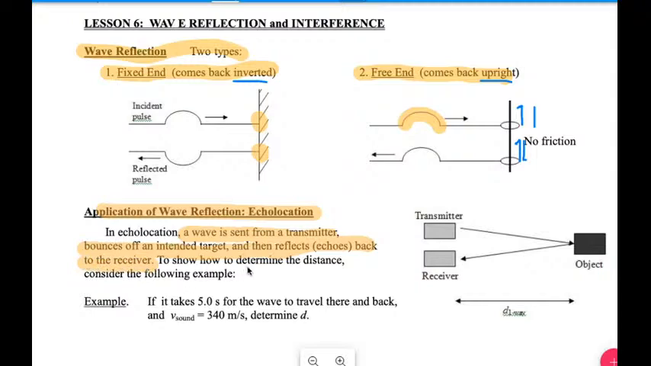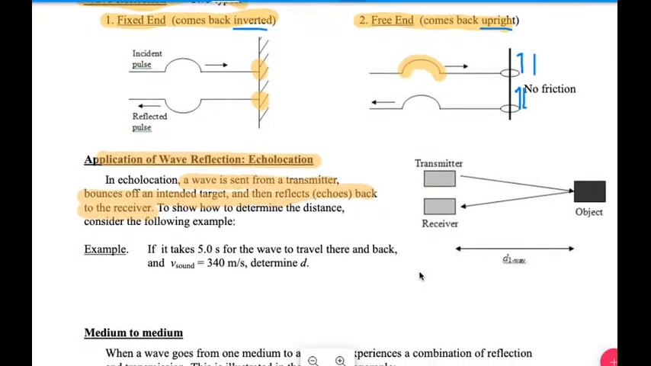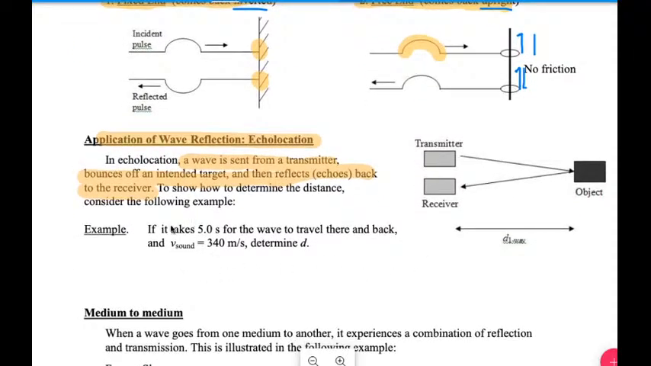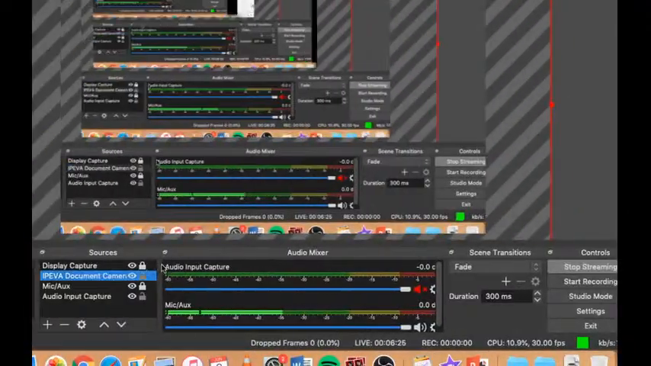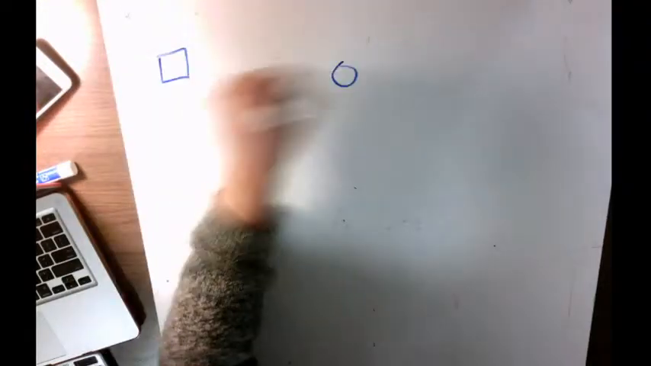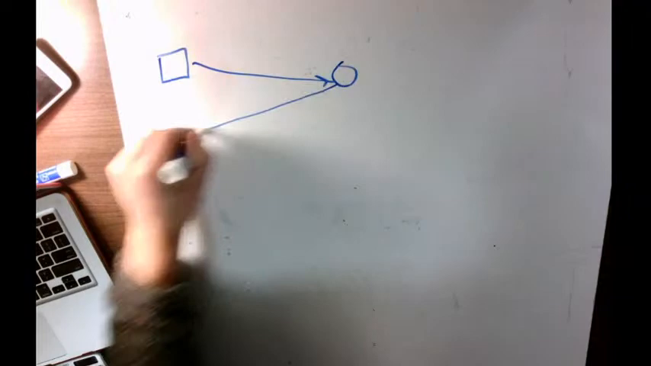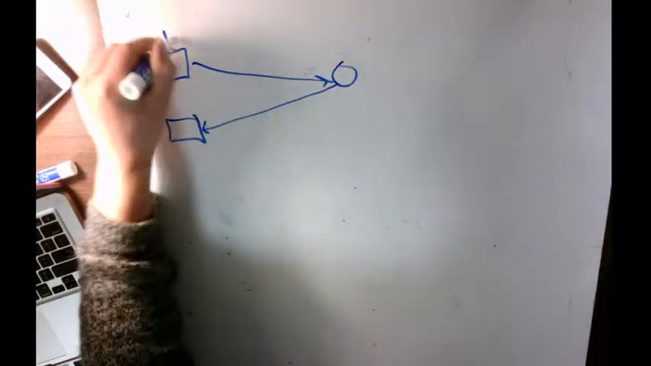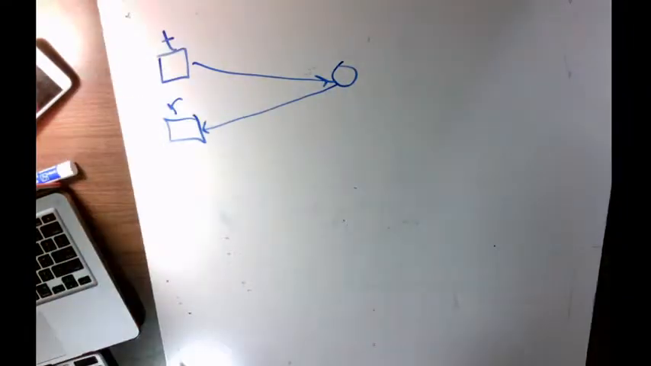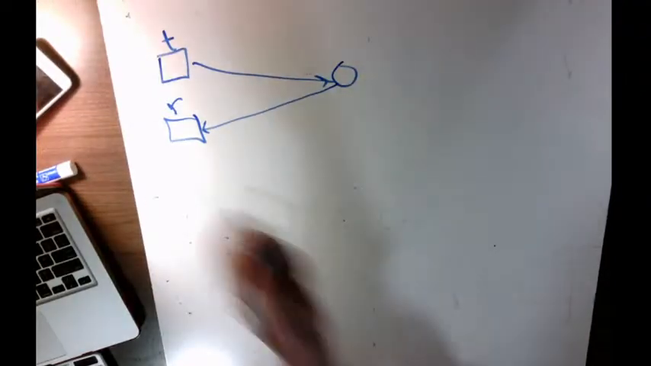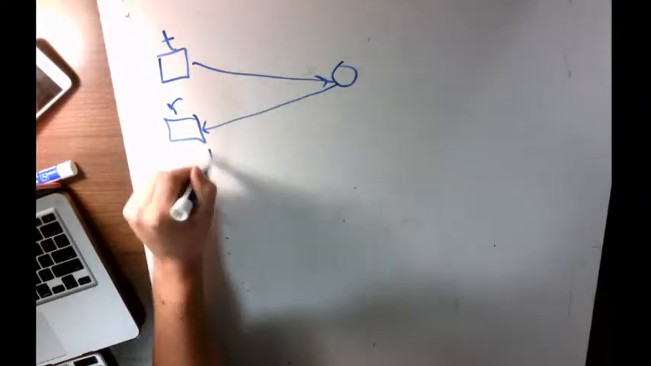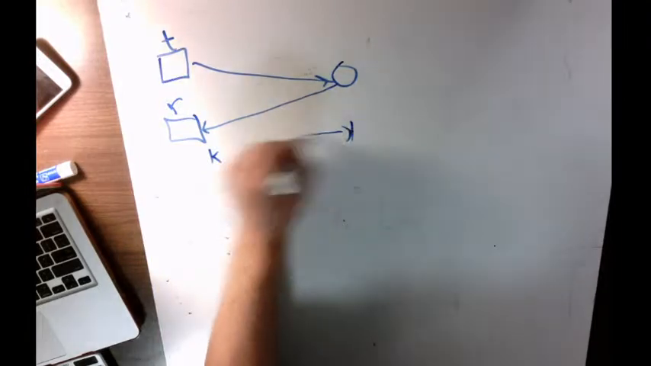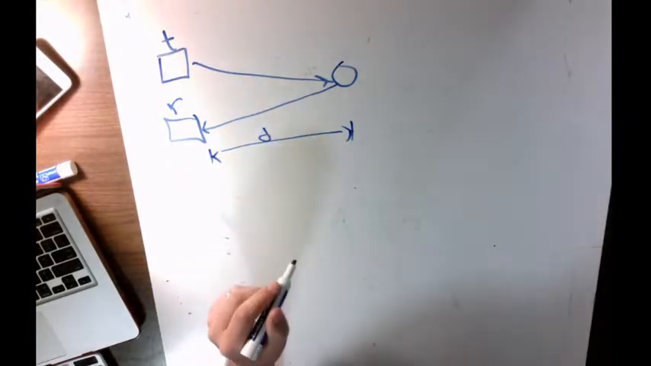To show how we can figure out this distance, let's go through an example together. It takes 5 seconds for a wave to travel from a transmitter to an object and back again. So that's our transmitter, that's our receiver, and that's our object. If we're looking for the distance to the object,